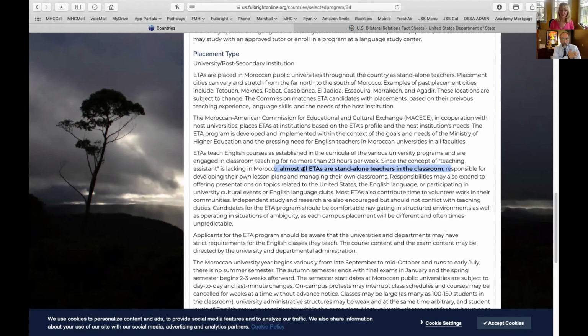In a lot of cases, ETAs will be matched with lead teachers, especially in elementary schools. There will be a master teacher. You will be their assistant. You're there to help them, the young students, speak English, listen in English, learn about America, etc.